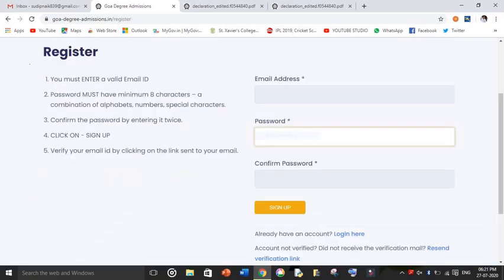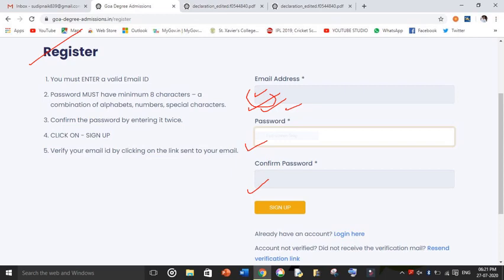Once you click there, you will be taken to this register website, register link, and here you can see you will be asked an email address. You have to enter a valid email address. Now this email address can be the same which you have used for registering the GSET examination, or else you can also use another email address, but I feel that it is always better to use the same email ID. Now after that, you have to make your own password here and confirm that password.